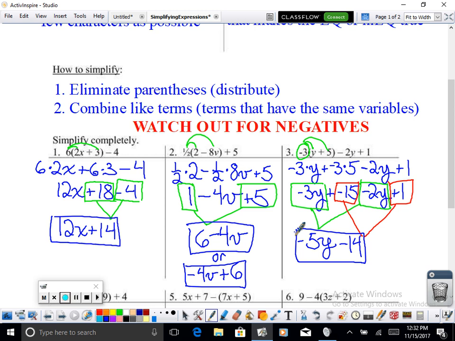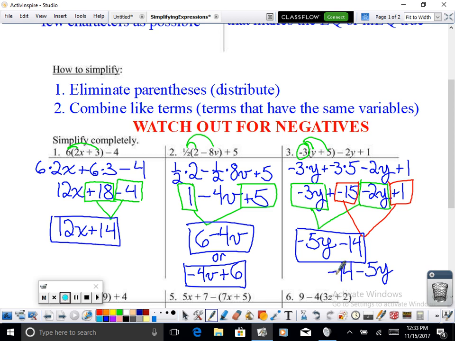So I could switch this around and make it 14 plus 12x, as long as that 14 stays positive, and as long as that 12x stays positive. I could switch this around and make it negative 14 minus 5y, as long as that 5y stays negative and that 14